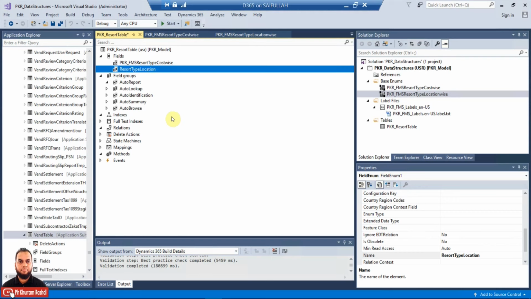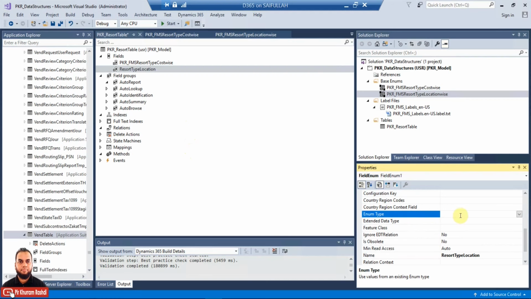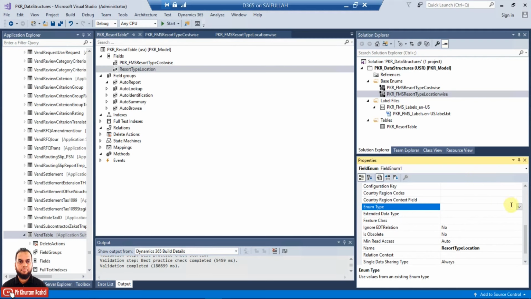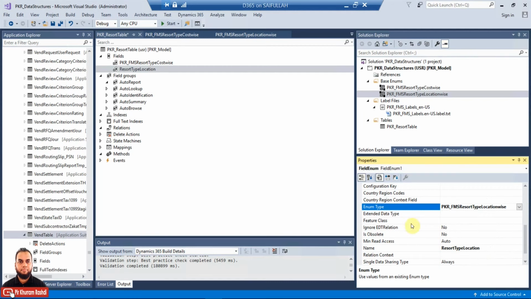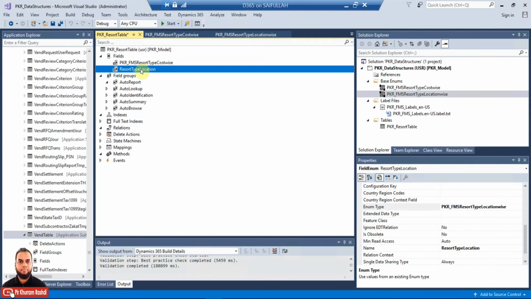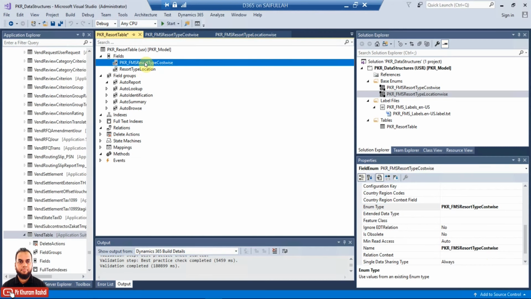So resort type by location, then we can go to the enum type in the properties while selecting the newly created field, and then we can type in the enum. So this enum is there, and in this way you can also create it without drag and drop, and drag and drop is the easier approach.